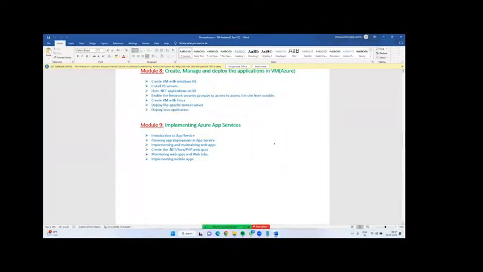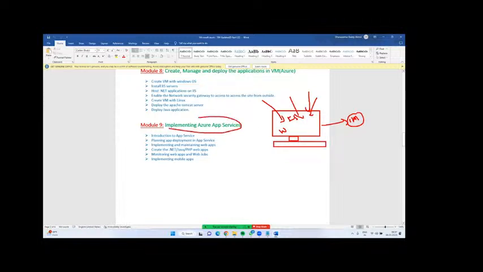Now tell me, what is infrastructure as a service? We can create this VM with the Windows operating system within a span of a minute. On top of it, whether you are going to deploy a Java application or .NET or PHP, that all depends on your requirement. Clear, guys? Okay. Next, PaaS.